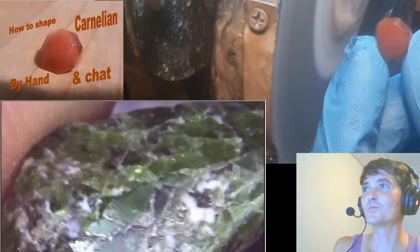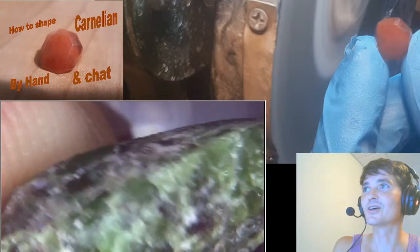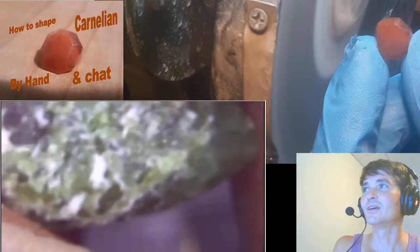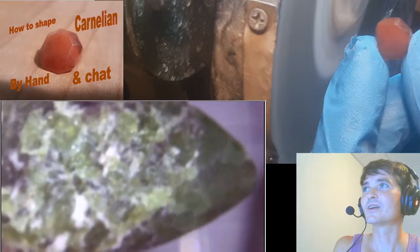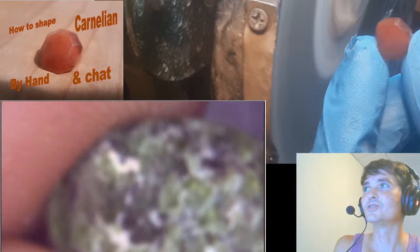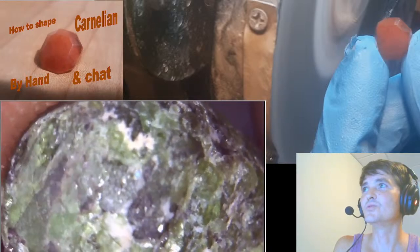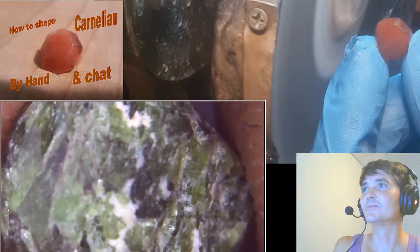I'm actually going to send a piece like this to Chicha too, because this is a teardrop cabochon, and see, it's kind of got that teardrop shape. And it was smoothed over, but